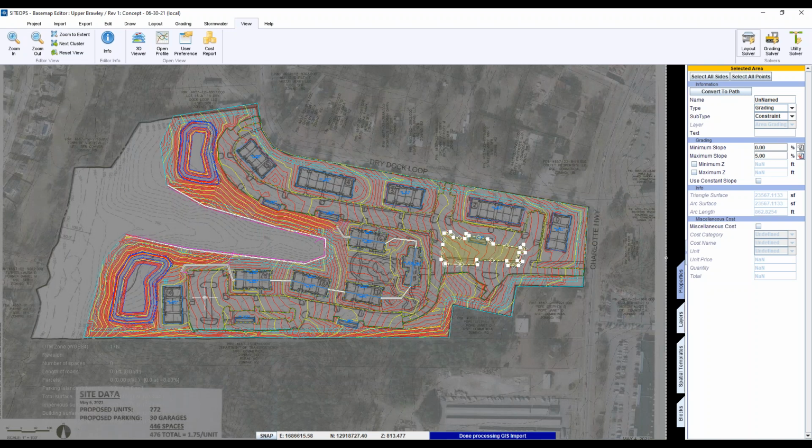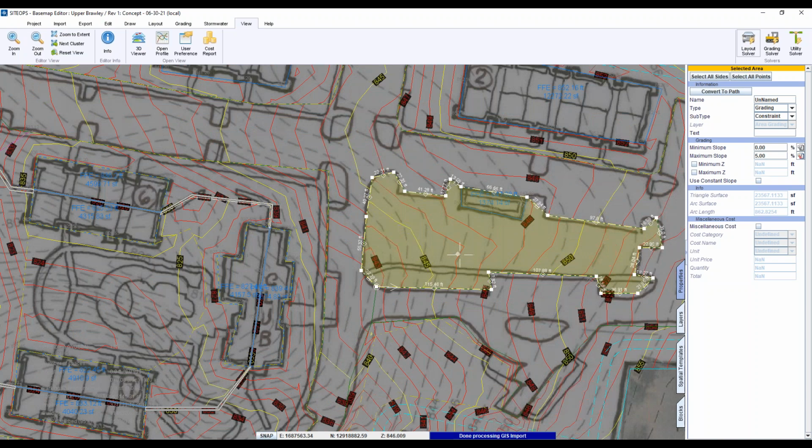Yeah, and so all the yellow areas that you've traced, that's where typically it's going to grade the whole site 3-to-1. That's the constraint automatically. And then the yellow areas that I see you've traced, you're saying, hey, I'm closer to a building. Don't give me 3-to-1 right up to a building. Well, here's what SiteOps does if you don't constrain it. So this little island in here, it's not doing it now because I've constrained it.